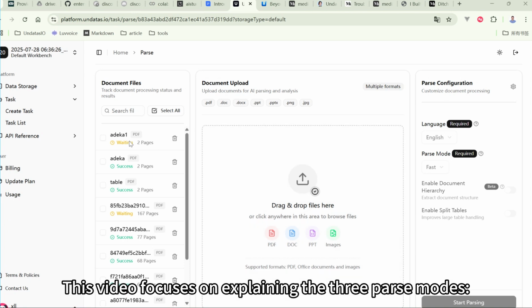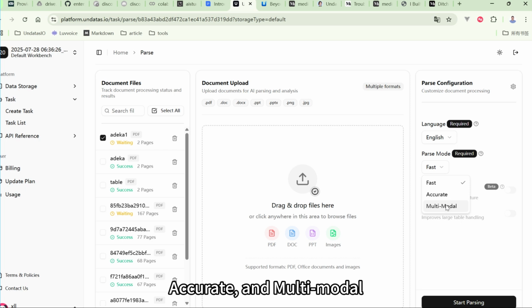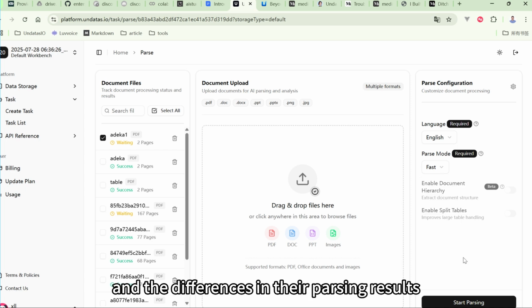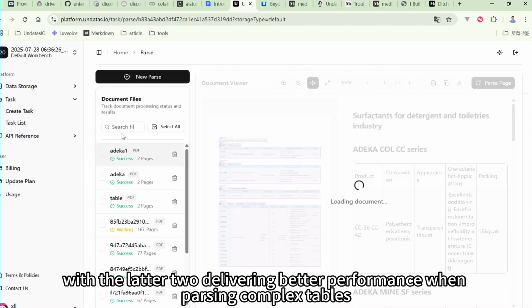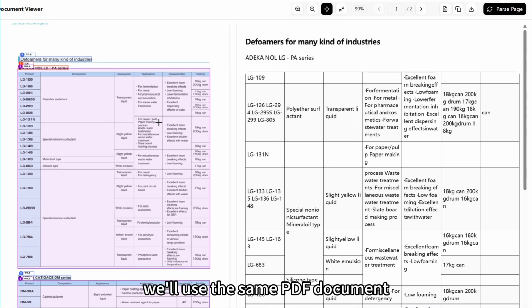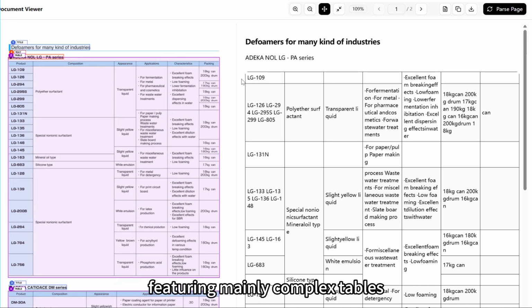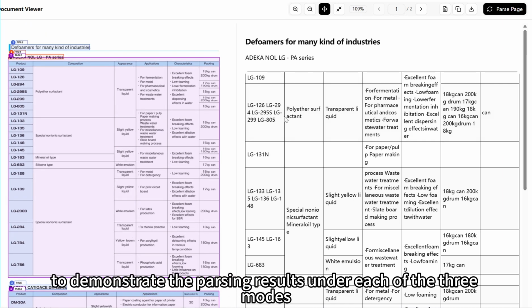This video focuses on explaining the three parse modes: fast, accurate, and multimodal, and the differences in their parsing results. These modes are primarily designed for handling tables, with the latter two delivering better performance when parsing complex tables. Next, we'll use the same PDF document, featuring mainly complex tables, to demonstrate the parsing results under each of the